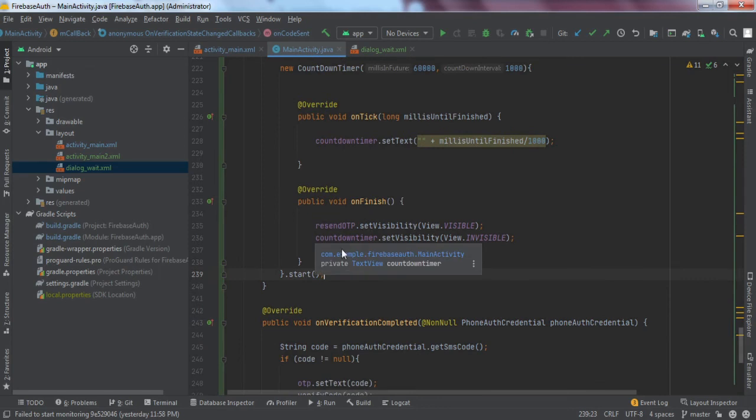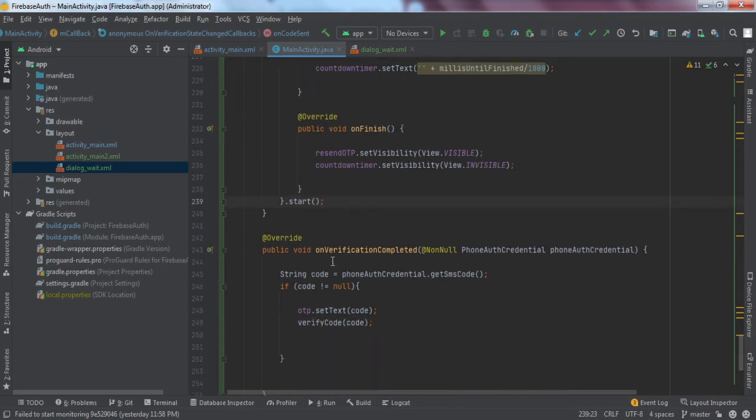On finish means the user has not done anything, he has not entered the OTP or clicked on the login button, so we'll make this resend OTP visible, right? We'll set this visibility to visible and the countdown timer will be made invisible. Then we'll start this timer. Now, onVerificationCompleted means